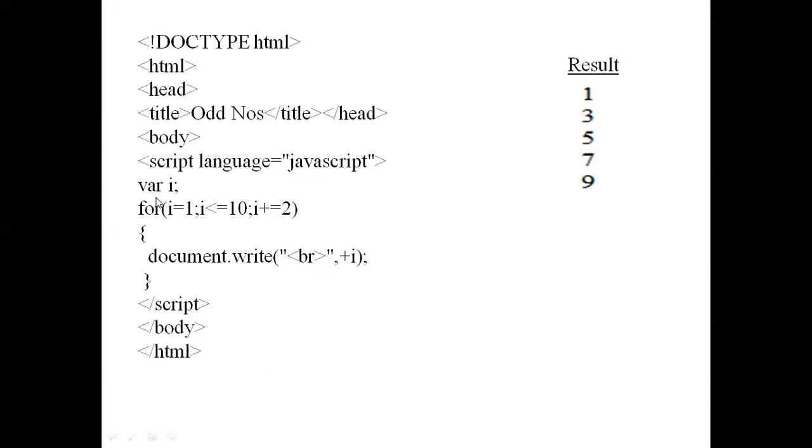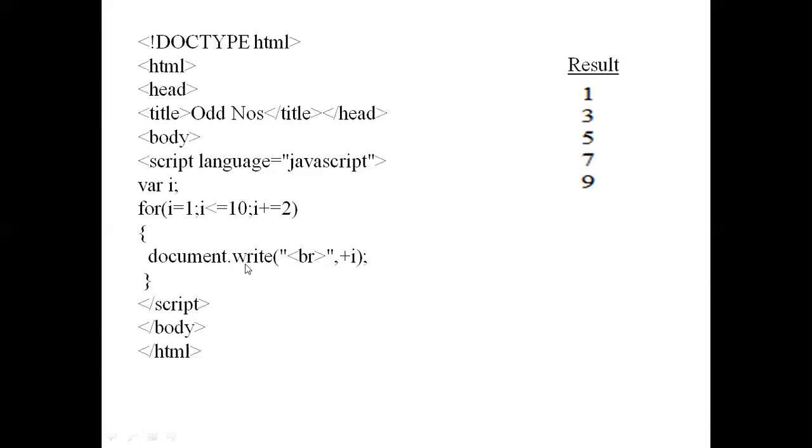So every time you execute the program, it will ask you to enter the value of the last number, which will be checked with i. Okay, so for i = 1, i <= 10, i += 2. i += 2 means i = i + 2. So i will be incremented by 2. This will be the checking part. And what will be displayed? That statement you have to put here.